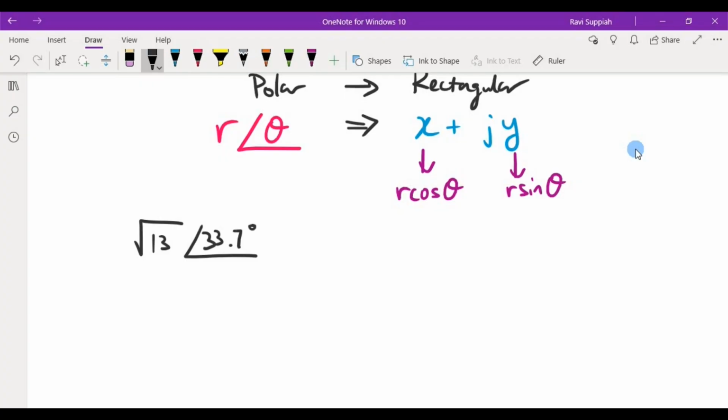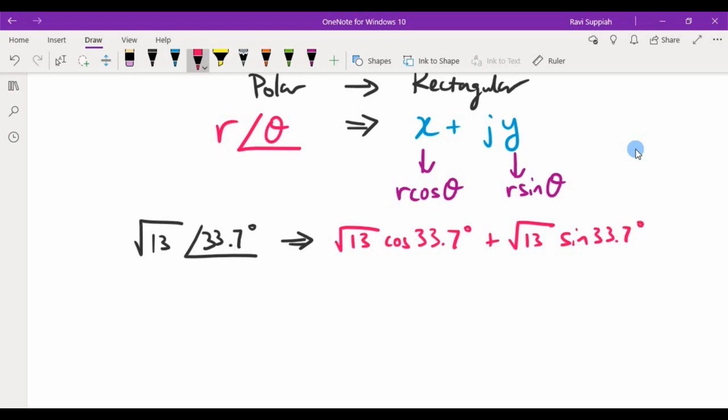To convert it, I follow this formula. So x is r, which is square root 13, cosine 33.7 degrees, plus j r sine theta, 33.7 degrees, and that will give me